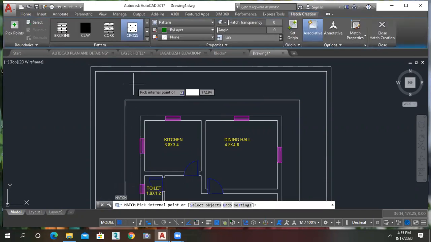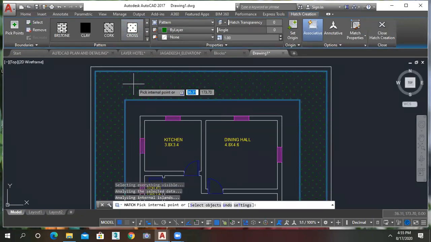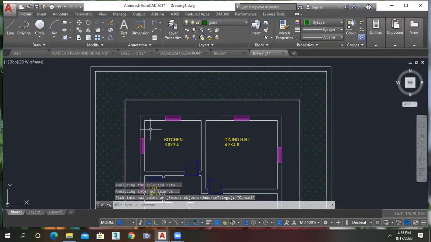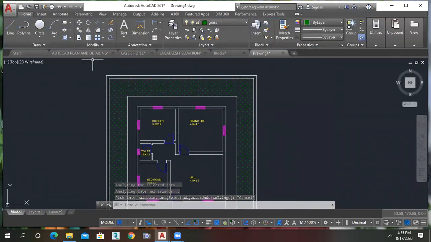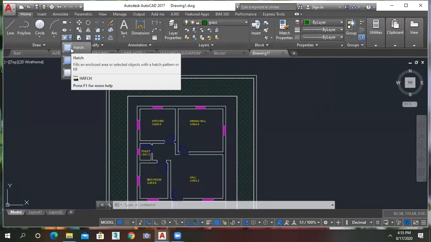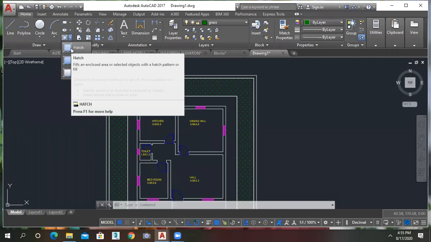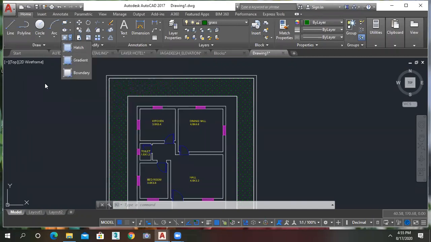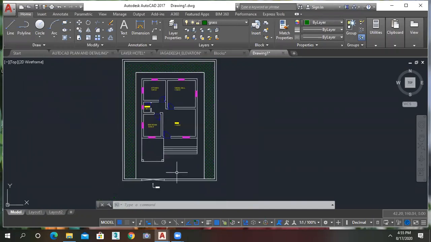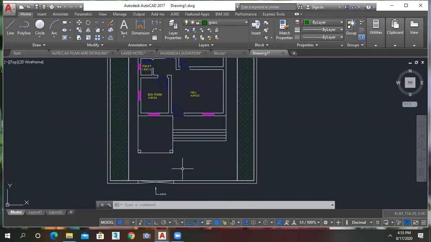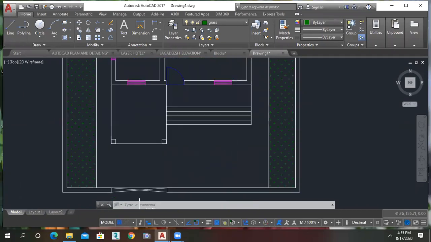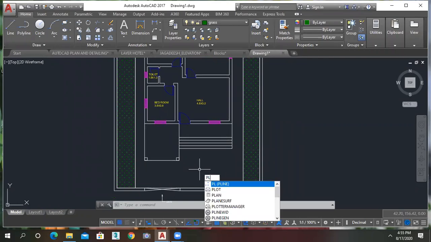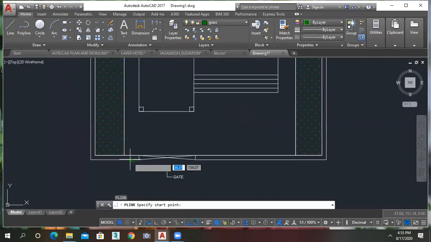Grass. From where did you take the hatch command? Press H. Or else we can see here. See, hatch. And to distinguish the part here, for parking purpose, same we have to use the polyline, PL.